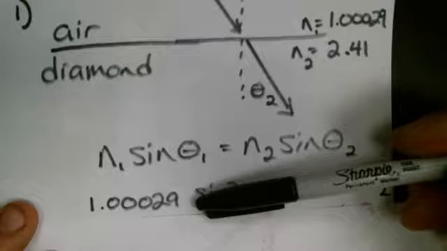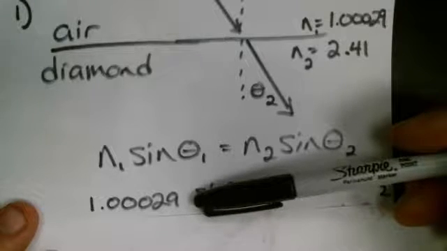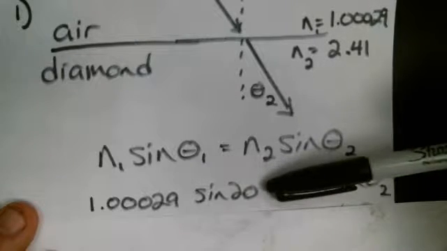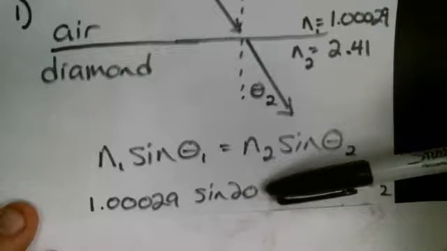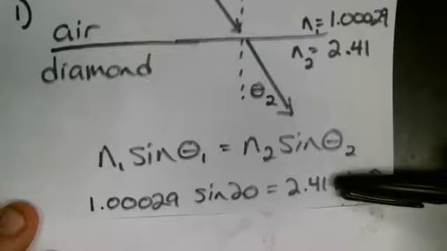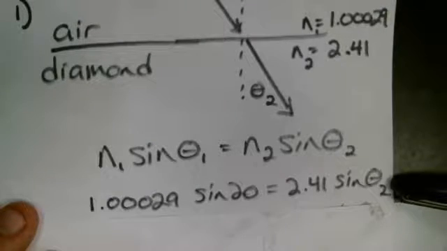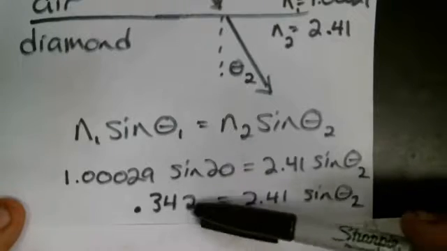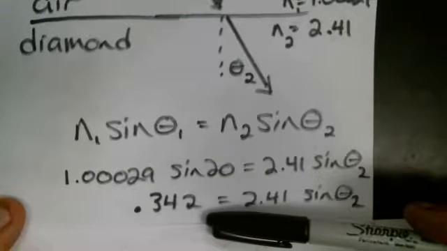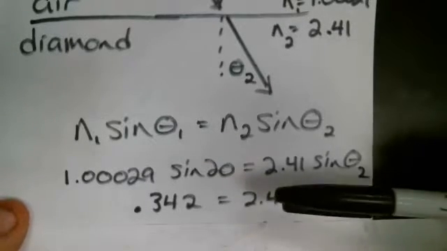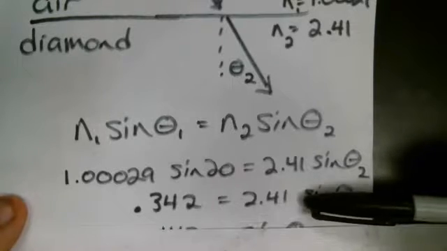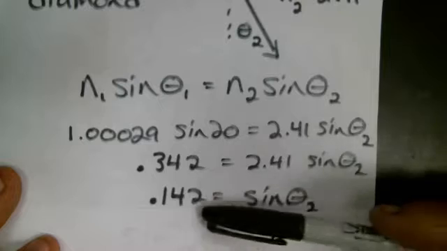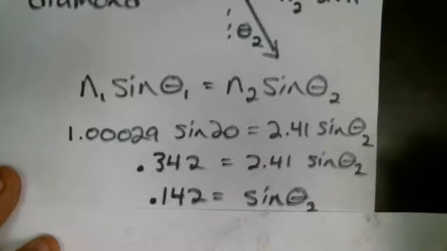If you want to just put in 1 for that and forget about the 29, it's still going to be just fine. It's so close. Theta sub 1 is the 20. For n2, we put in the 2.41, and then we're looking for theta sub 2. So doing our calculator, we can see the left-hand side is going to be 0.342. That's rounded. And so we're going to divide both sides by 2.41, and we get 0.142 is equal to the